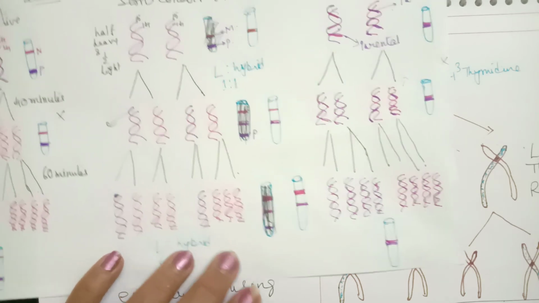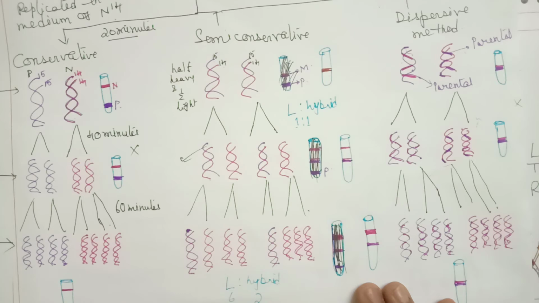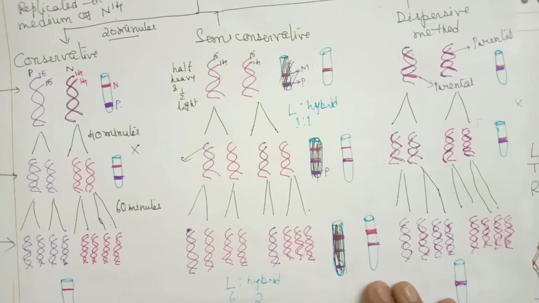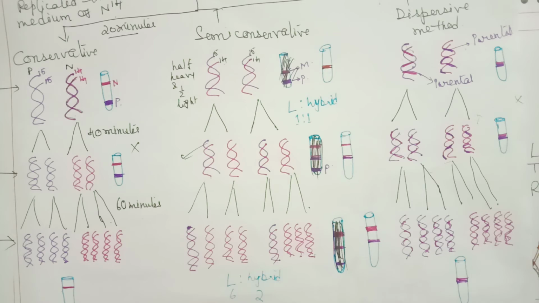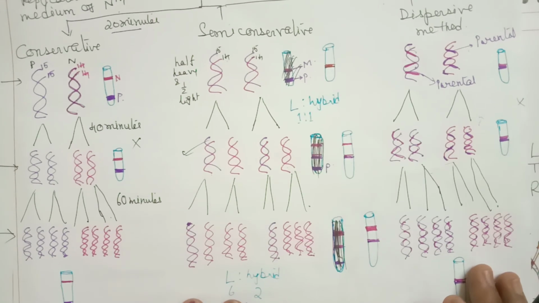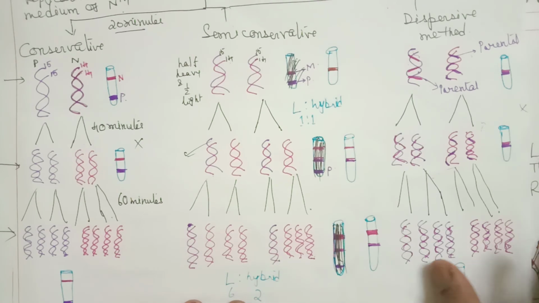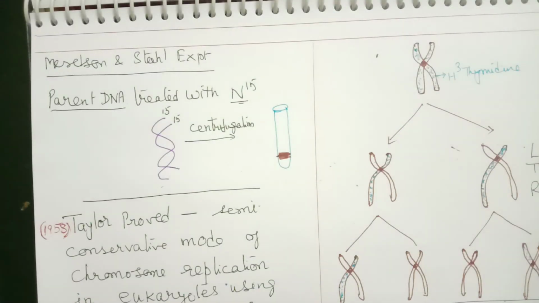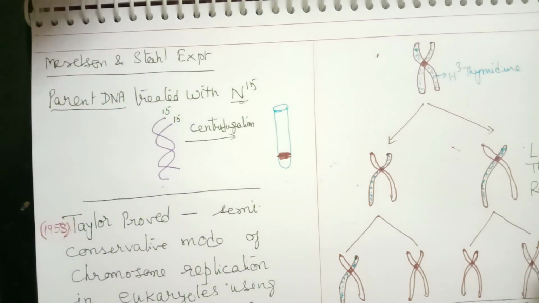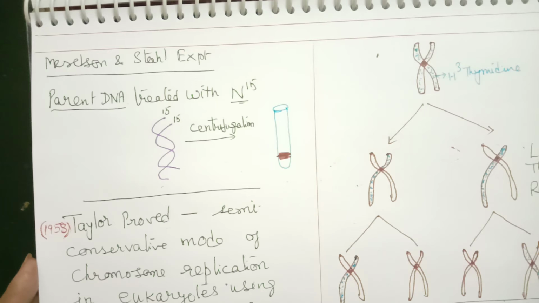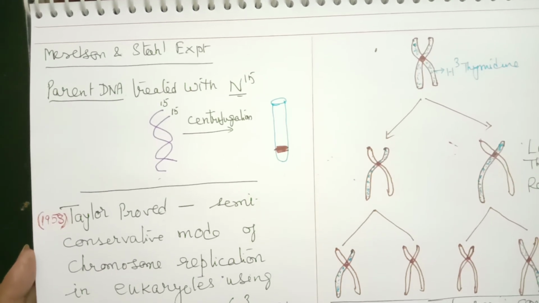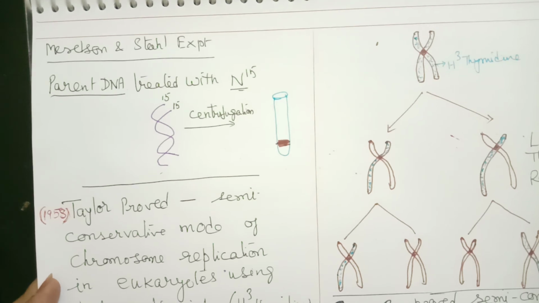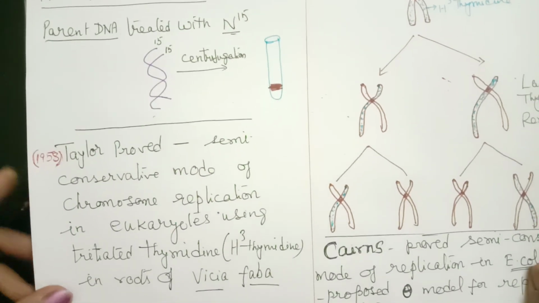So that's how, by this experiment, Meselson and Stahl, based on these observations, found that DNA replication is a semi-conservative type of replication. It cannot be conservative, and it cannot be dispersive either. So this is what the semi-conservative method of replication is. Ratio questions and all, in the numericals and MCQs, we will discuss. When we discuss, children, you have to remember the process of replication and also Meselson and Stahl's experiment.